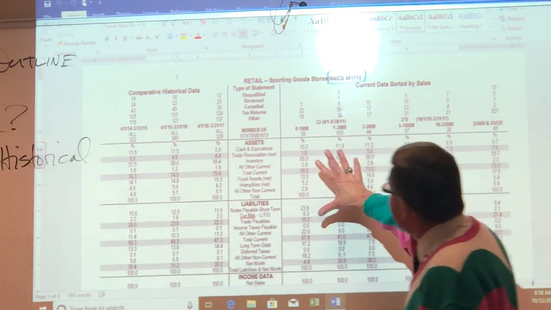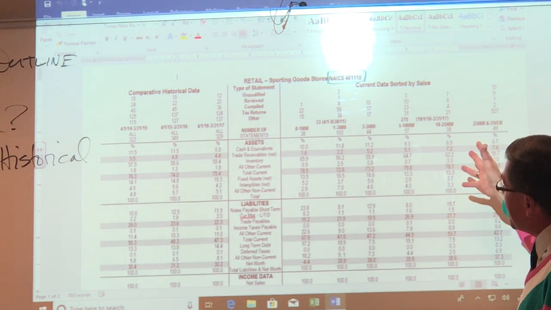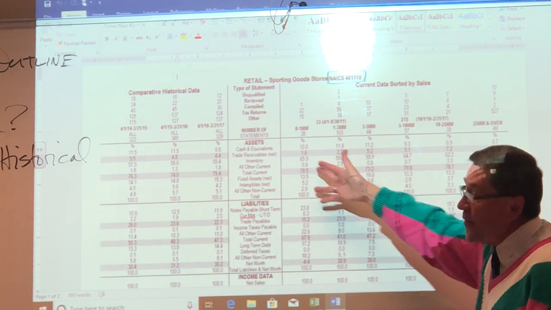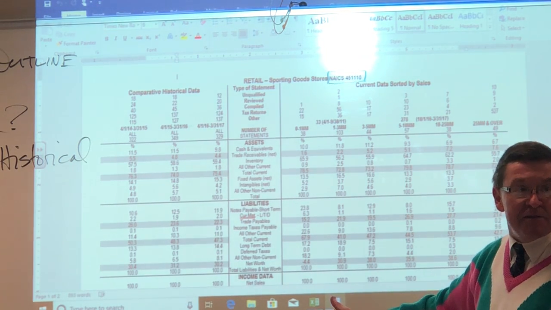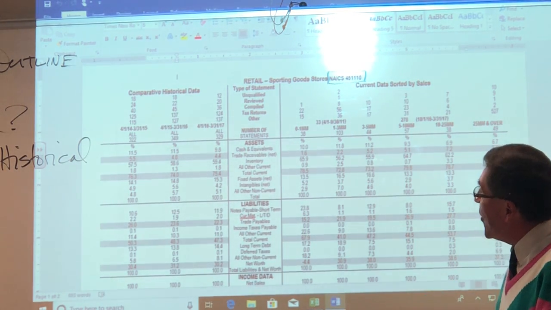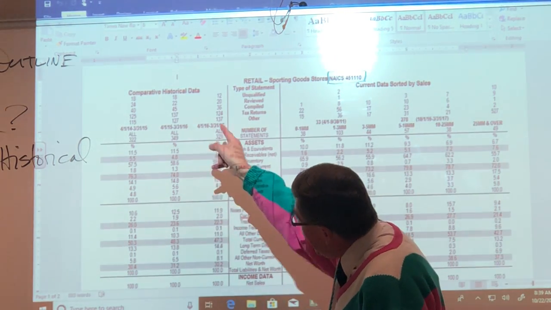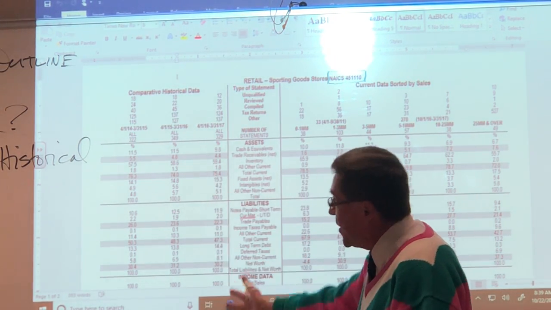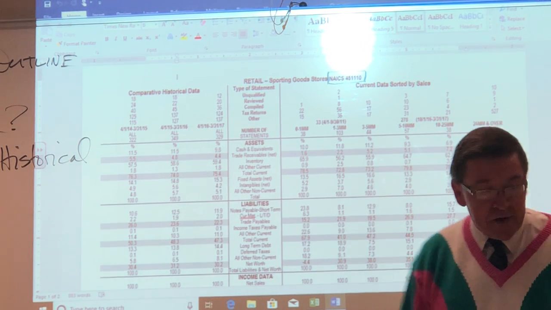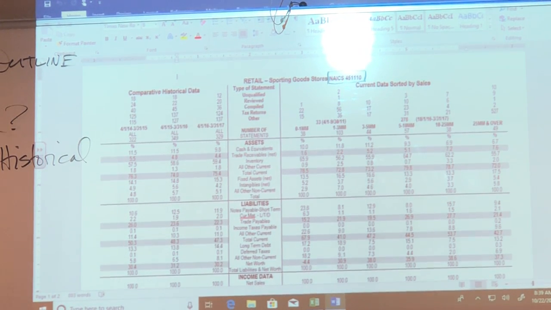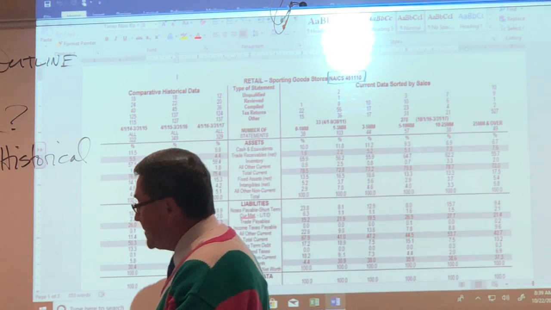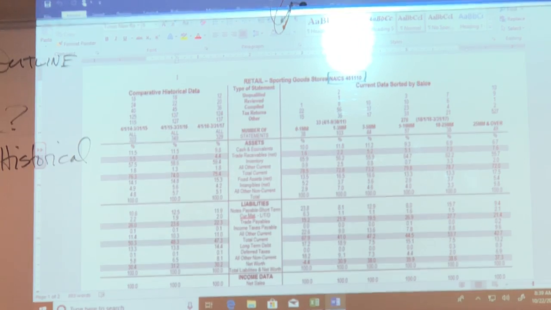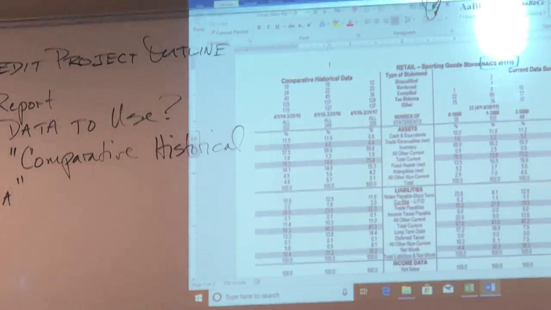The other issue is that for some industries, you're going to have a column here, but it's not going to have any data in it. That makes it kind of hard to use, as you can appreciate. So this comparative historical data will always have numbers. All right, so we're going to start out by getting the right label, comparative historical data. Now, the second point is you have to match your company's year end